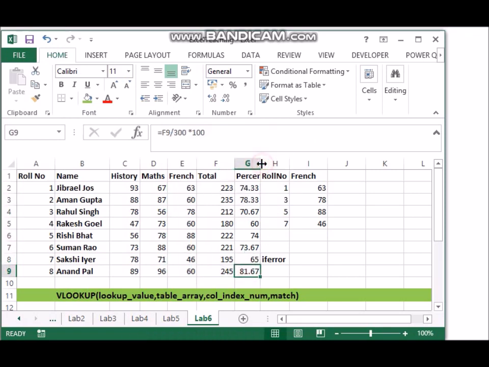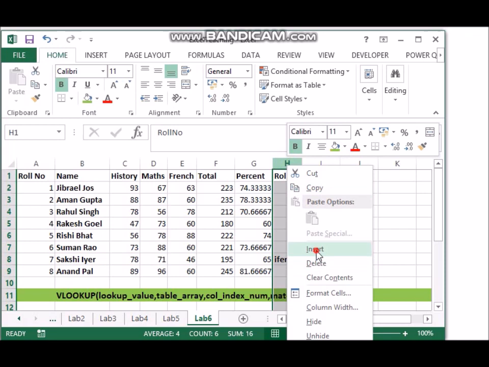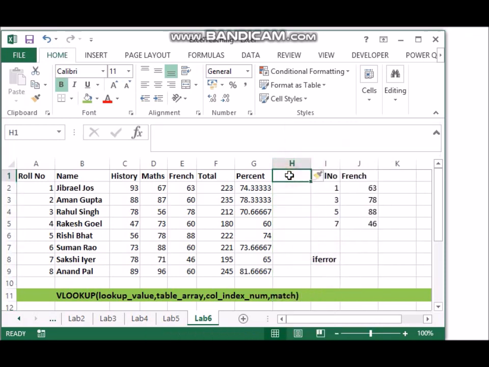Now suppose I want to give a grade to these people, let's say A, B, C, D grade, and the grade depends upon a particular criteria. What is the criteria? All those who get 40 and above are considered third class.